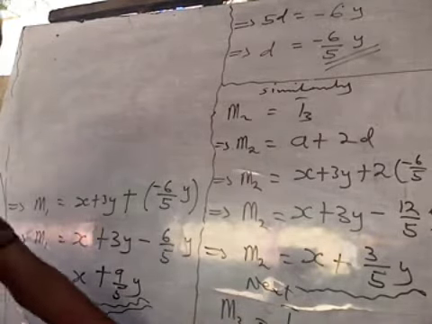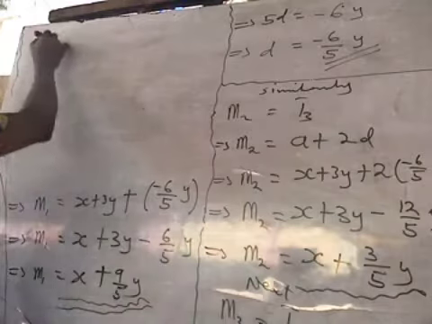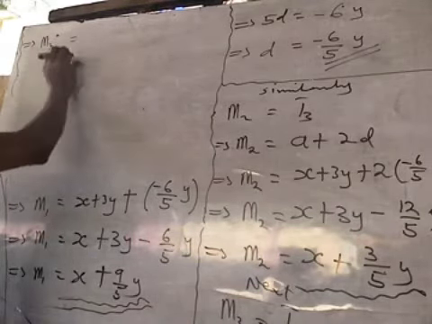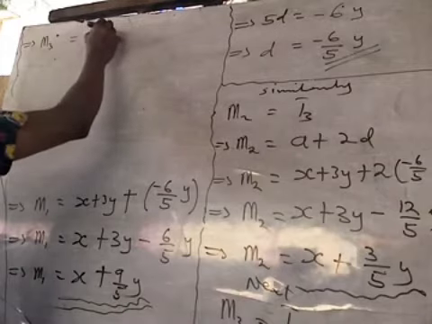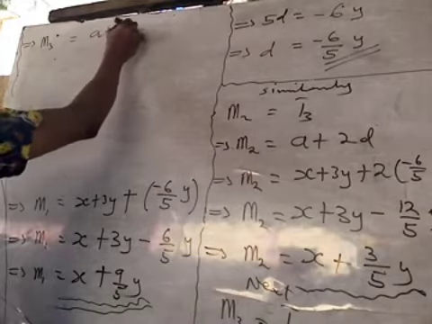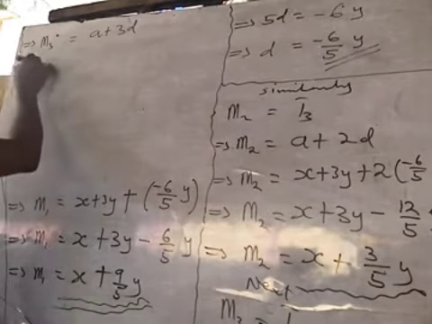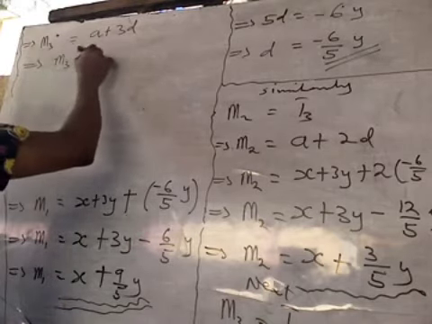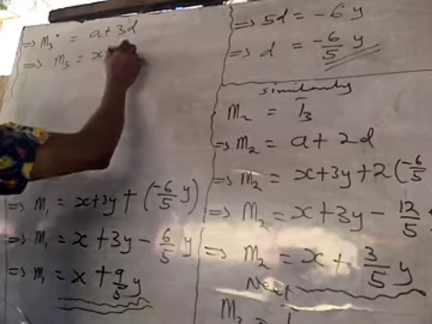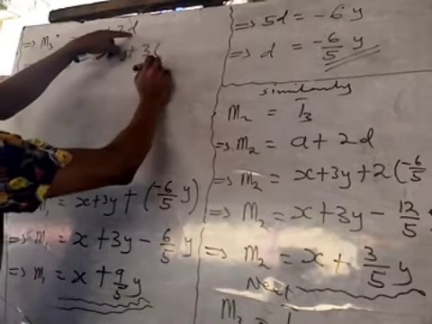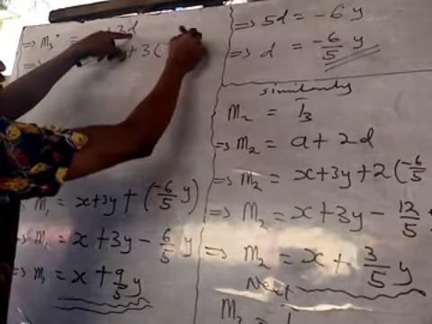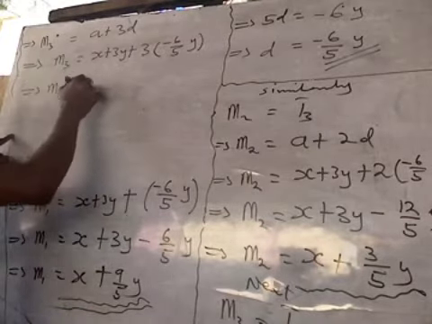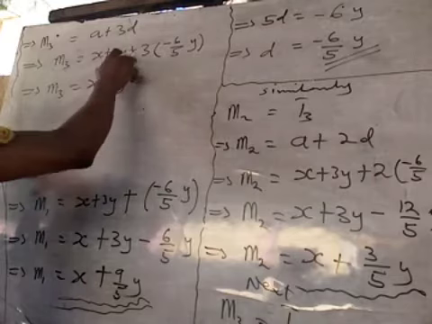Resolving this, we now have that the third mean M3 will be equal to A plus 3D. Which means that M3 is equal to, what is my A? My A is x plus 3y, plus 3 into, what is my D? Minus 6 over 5y. So this simply means that M3 will be equal to x plus 3y plus 3 times minus 6 over 5y,